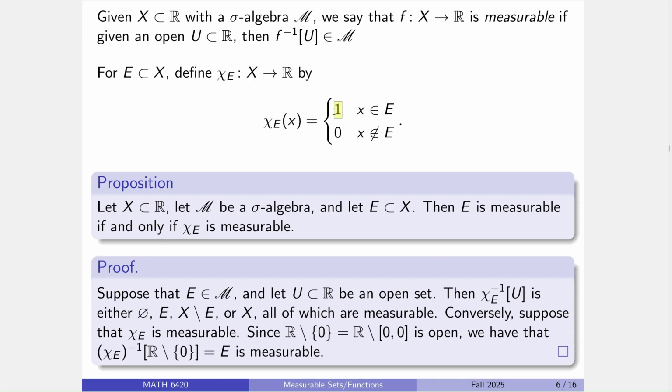And conversely, suppose that the actual function is measurable, well, then we can find an open set that only has 1 in it, specifically this one, because we know the set is closed here. Oh, incidentally, we then know that singleton sets, and thus finite sets, are closed. So that's a nice little thing to point out and remember. Alright, and now that's open, and its inverse image is E, as already pointed out, guaranteeing that E is a measurable set. Pretty cool.